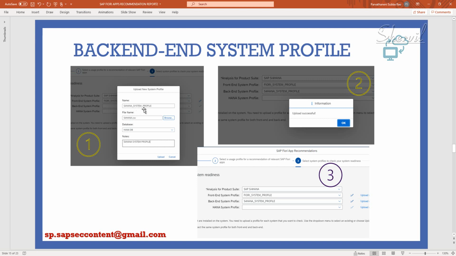Because when I tried it earlier for the transaction usage, I got an error because I was using spaces. So from that point on, for the names, I don't use spaces. I just put an underscore to separate the words. Now, you specify the file which contains your backend system details, which is, in our case, let's say,